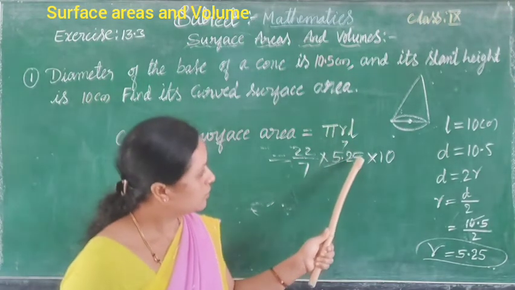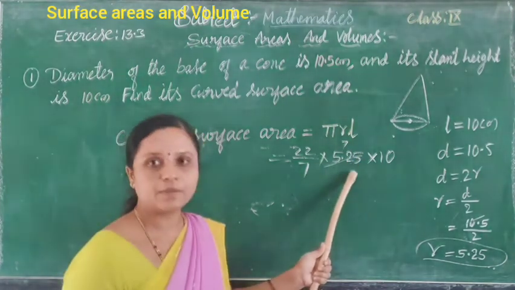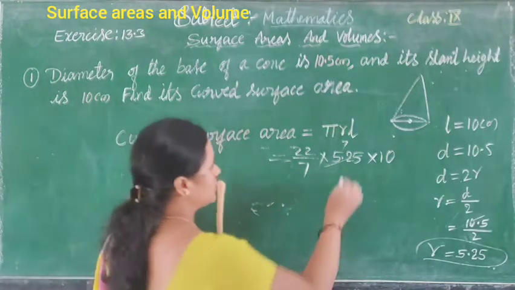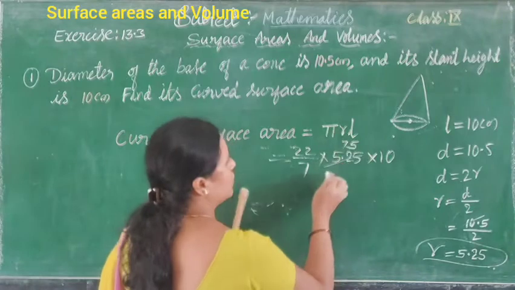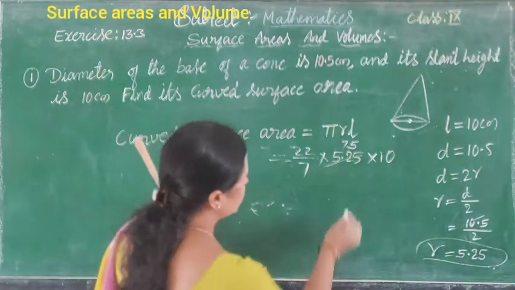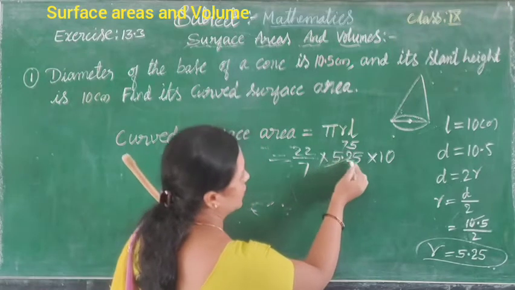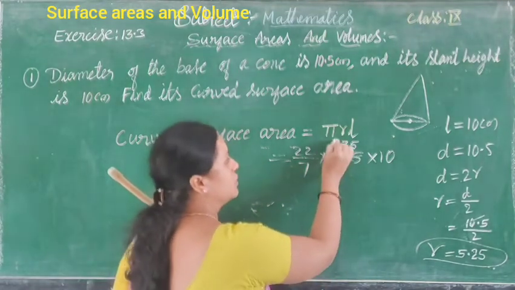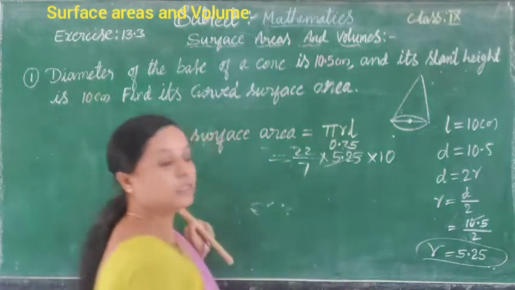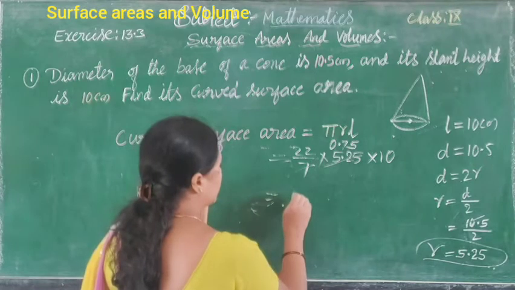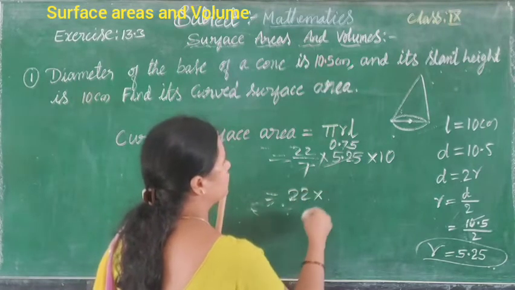So then it becomes 35. Again you can divide, 7 fives are 35. So what is the answer? 75. You can put the decimal point after leaving two numbers. So it becomes 0.75. So you can write 22 into